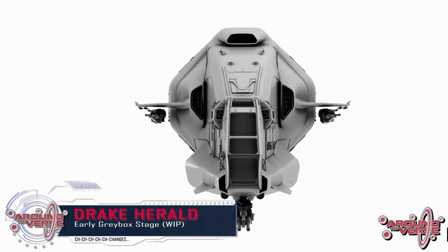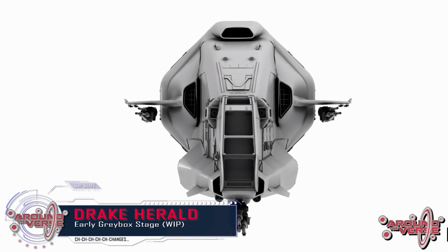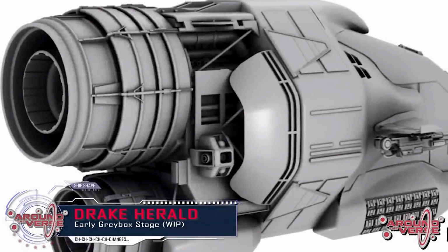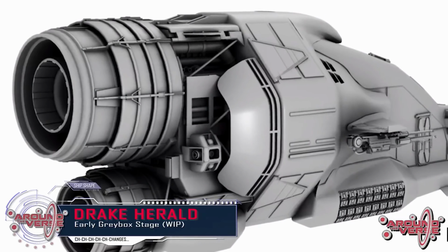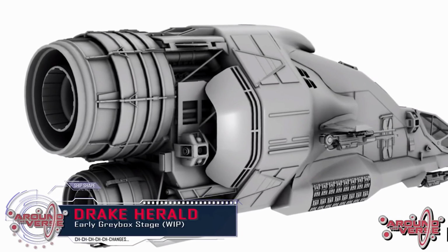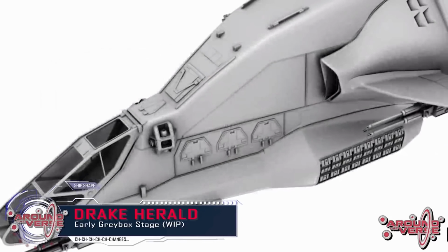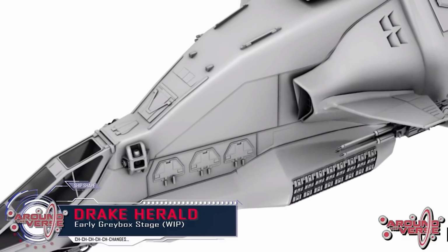So what is it? It's a 1 to 2 crew Inforunner. The Drake Herald comes equipped with advanced encryption software, armoured computer core, a redundant power subsystem, EMP shielding, and high power broadcast array. And that broadcast array has changed in the way it looks somewhat, but we'll talk about it visually in a minute. The Drake Herald is a small armoured ship designed to safely get from A to B, featuring a powerful central engine system, so it's two really big TR3 engines there, advanced encryption software, that armoured core,